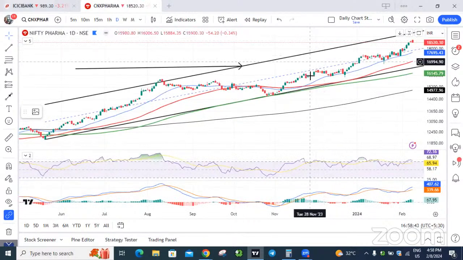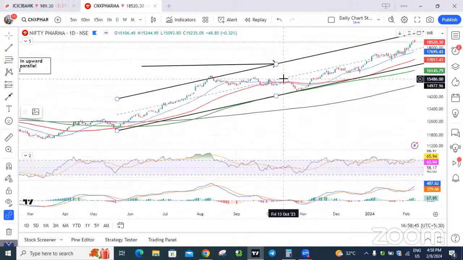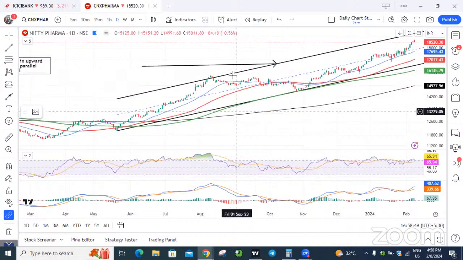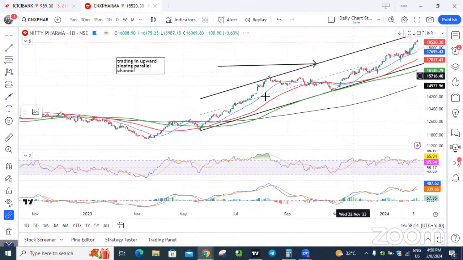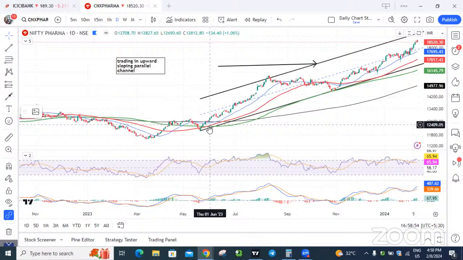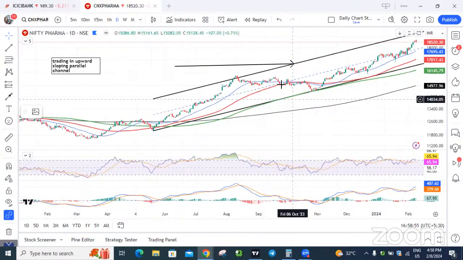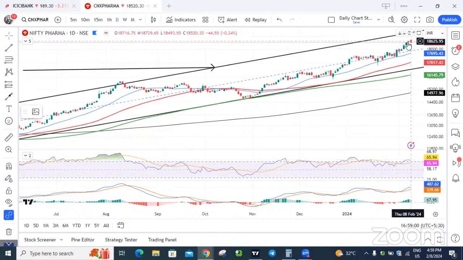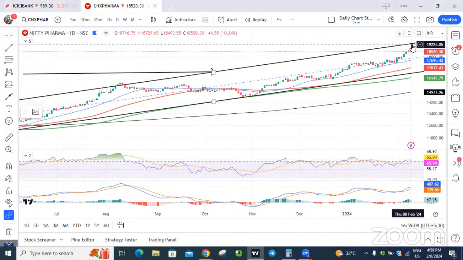And one more sector is Nifty Pharma. It's trading in an upward channel pattern, almost from last June 2023. It's trading in this upward sloping parallel channel. So overall here, price and momentum action is positive. There is no sign of weakness. So we might see it head towards the 19,300 level